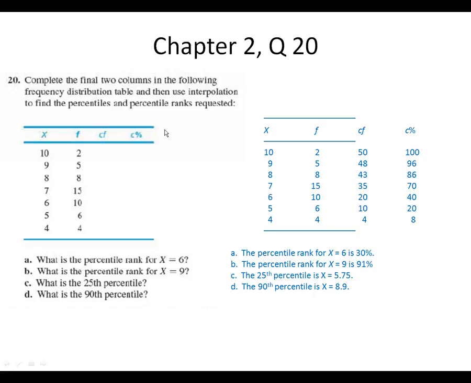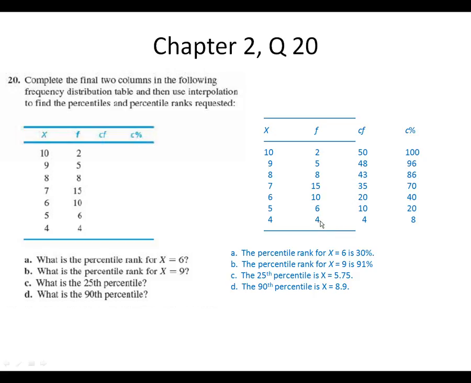the cumulative percents, okay? So the question here is complete the final two columns in the following frequency distribution table and then use interpolation to find the percentiles and percentile ranks requested. So the first thing we have to do is complete the cumulative frequency and the cumulative percent. To complete the cumulative frequency is really pretty easy. You can see here that I have